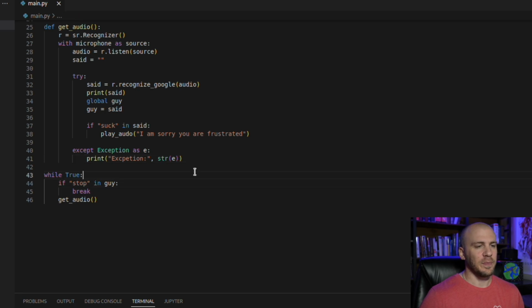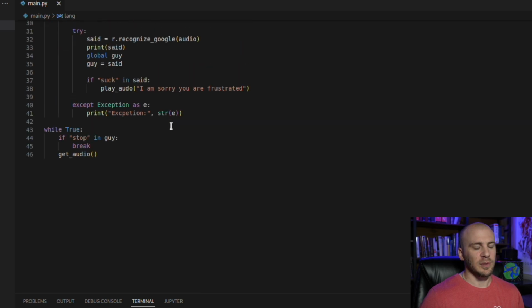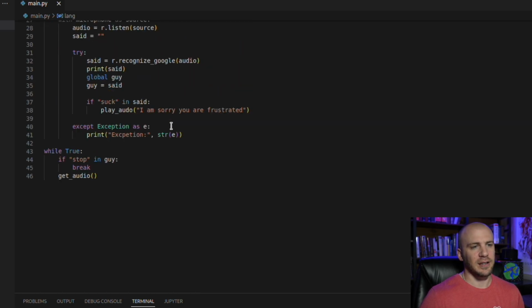We can set up the AI portion of this now, where it's actually going to use our API key right here that we created and it's going to go out to OpenAI and give us a response for something we want. Right now, if we ask it to do anything like write us a poem, it's not going to be able to do that. So we will go ahead and just create that little function in here. This is going to be probably the most complicated portion of the code that we're going to write, because you actually need to go out to OpenAI and read the documentation if you want to understand what exactly we are about to do.